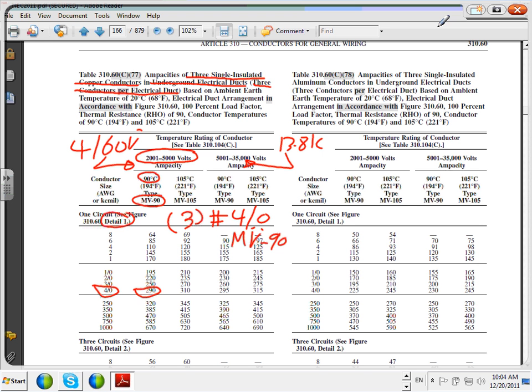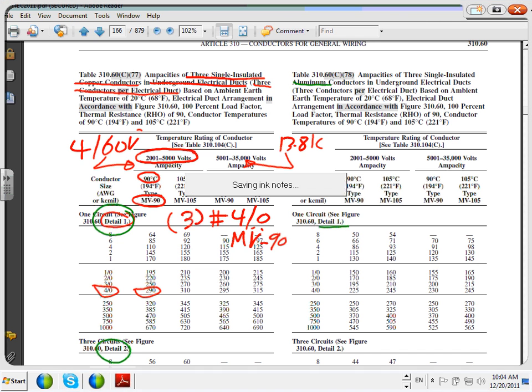Can you guys see where it says detail here? Detail 1, this table is based on detail 1. Can you guys see detail here too? This is for aluminum, I believe. Yeah, this is for aluminum, this one. We don't want to use aluminum. Detail 2, can you guys see detail 2? They go by how you are going to put these conductors in the ducts. Based on how you put them in ducts, they're going to carry different amps. So I'm going to show you what detail 1 looks like. Now remember, 3 conductors in 1 duct. Okay, so I'm going to take a snapshot of this. Go back